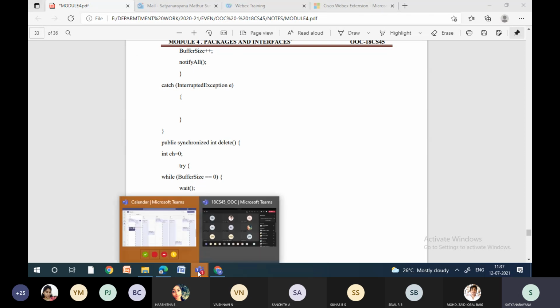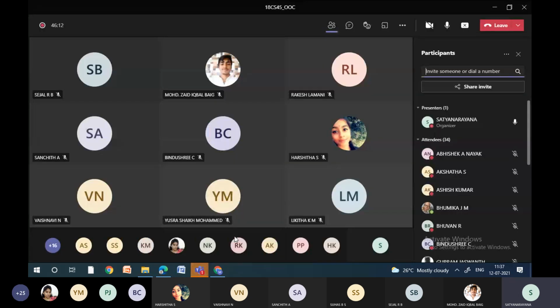But here the difference compared to your producer consumer problem, you need to understand. In the producer consumer problem, there is a coordination. The moment the producer produces it, it is going to notify all. The consumer consumes and then notifies all. But here there is nothing like that. The notification is a common notification, so anyone can come and work on it.